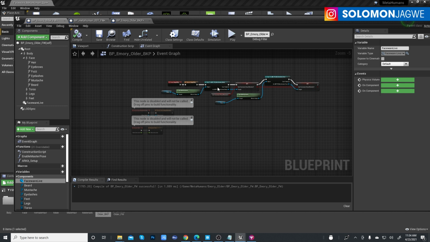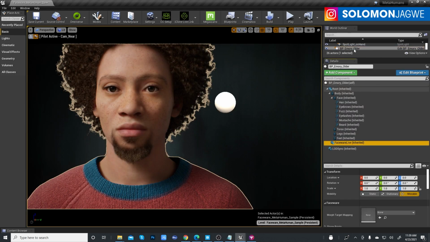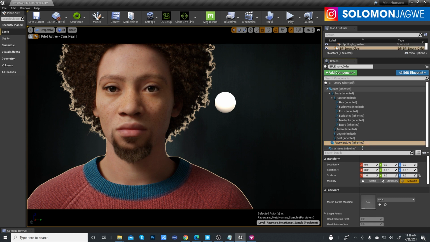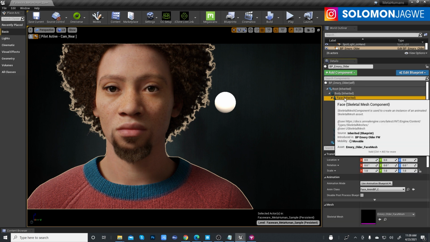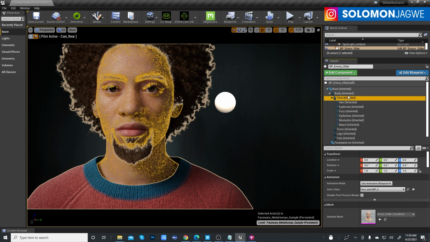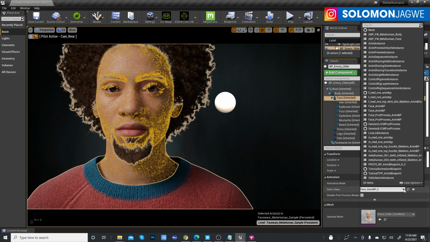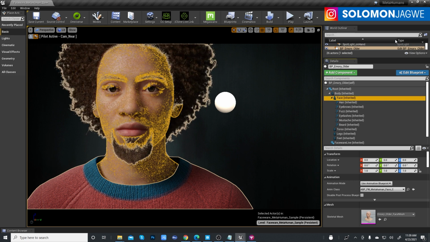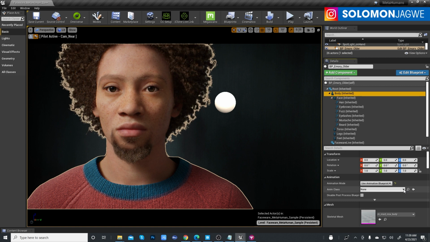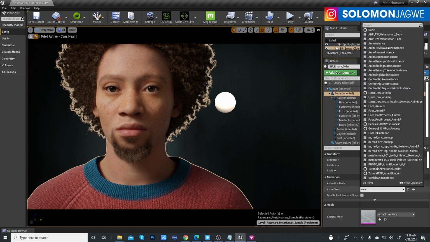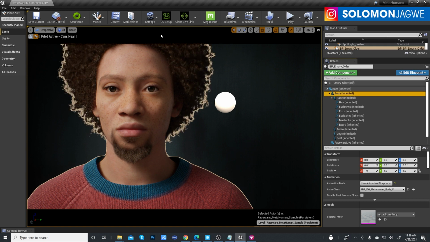Okay, now it's time to test and see if it's working. Make sure Emery is selected, Emery Older, our custom, and then scroll down and click on face. And so the blueprint for our Emery is pointing to this animation blueprint. So we need to change it and make it use the ABP Faceware MetaHuman face. Then we need to click the body and switch this to using animation blueprint, and then switch it to the MetaHuman body over here. All right, save,